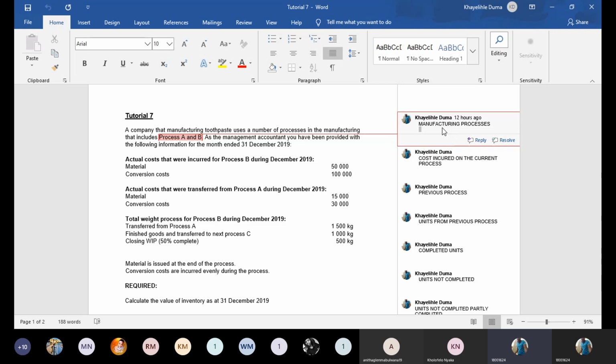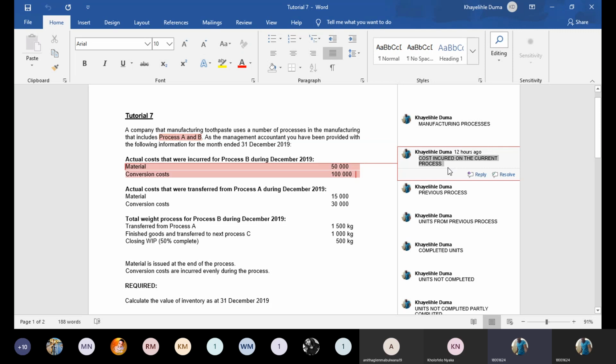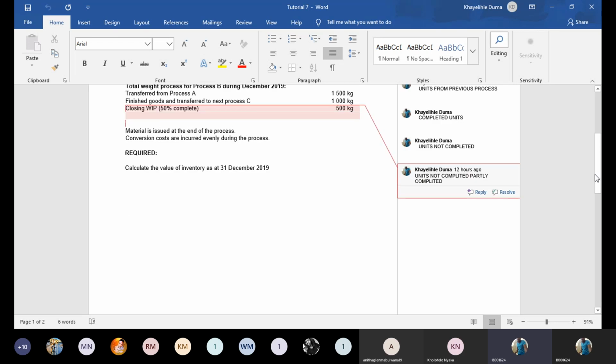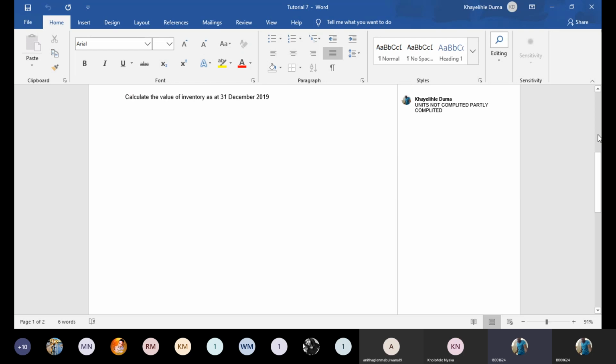And then if I click on this one, actual cost, these are the costs incurred on the current process. But that one is not important. You guys are going to look into it in your own time, but it's on the group. I saw it and kept it. So on the other side of that, it will take you to the comments. Then this thing is freezing. Okay, it's back now.